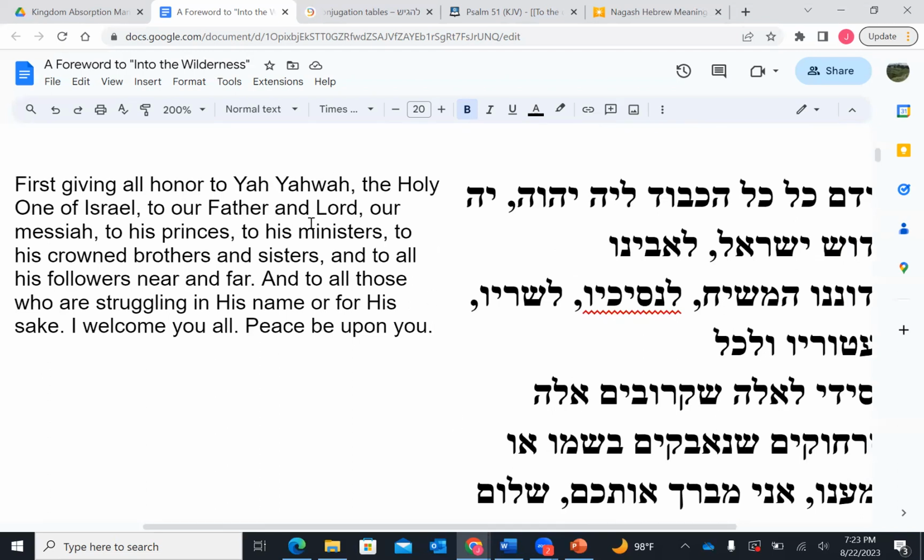Okay, so this here was something that I removed from the prayer. In the original prayer they have "to our Father and Lord," then it says "to Ben Ami HaMashiach." And they consider Ben Ami to be the spiritual leader of their organization. So I removed Ben Ami out of the prayer because I am not a Ben Ami saint of the kingdom. You know what I'm saying?